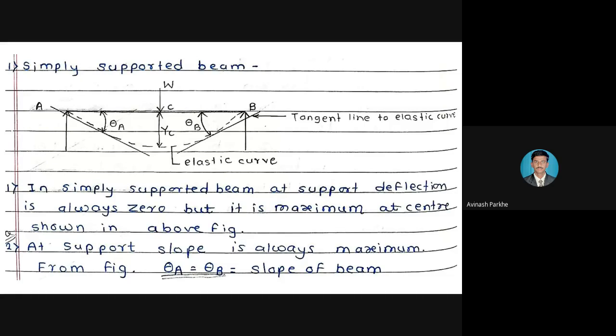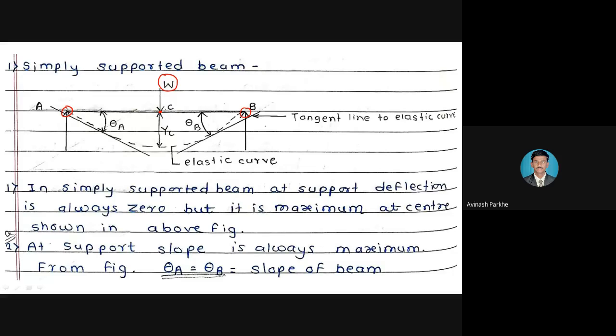And we are having only two types of beams and only two types of forces. That is, the beam is subjected to the point load and the beam is subjected to the UDL. So now we'll discuss the simply supported beam. One figure is represented in front of you. That is one simply supported beam. It is supported at point A and at point B, and it is subjected to W amount of point load at the center point C. The center point is represented by the capital C.